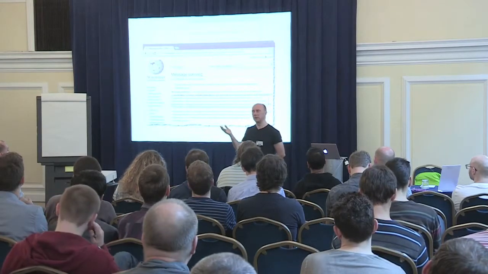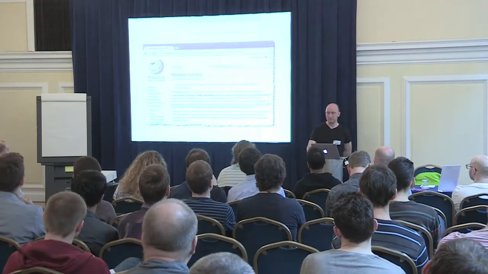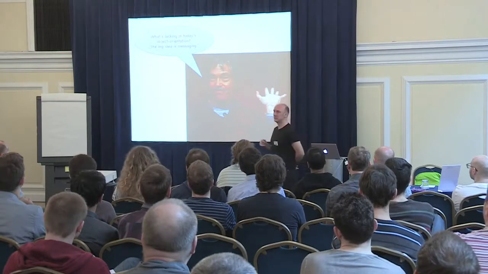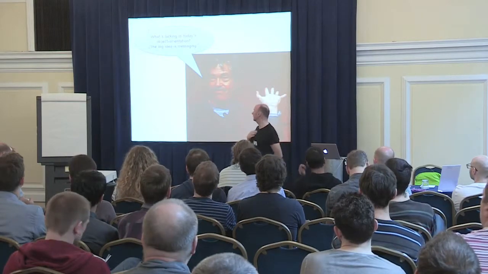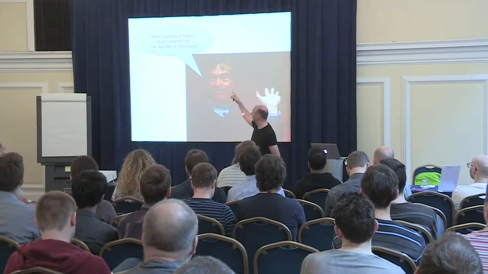So where's message passing in our daily routine of object-oriented programming? I'd say it's absent. This is deplorable. Alan Kay says messaging is the big idea, and it's missing. The big idea is messaging was his answer to an interviewer who asked what's lacking in today's object-oriented programming. So it's missing. I think this could be one of the reasons why our object-oriented programs are hard to maintain.